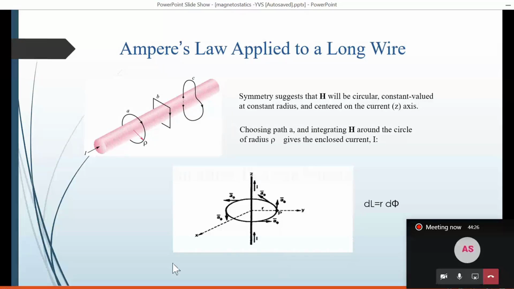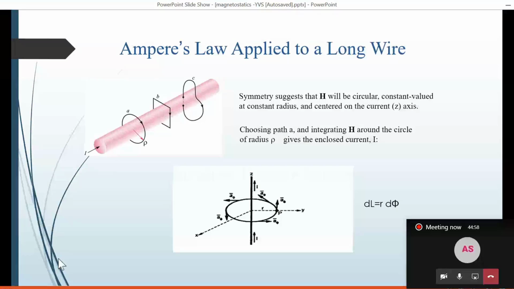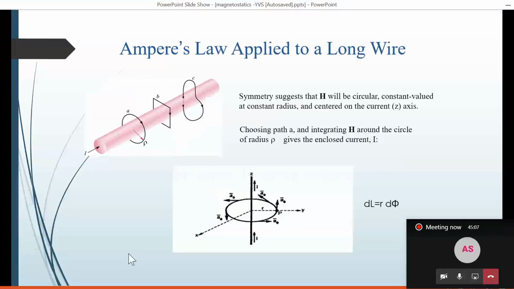Okay, so to prove the Ampere's law, we have to show that if I take the closed integration of HDL, then I will get... So LHS is equal to RHS मला दाखवायचं आहे, म्हणजे मी I have to prove the Ampere's law. So for that I have considered this diagram. So to prove this law, आता if we know that according to the Biot-Savart law,